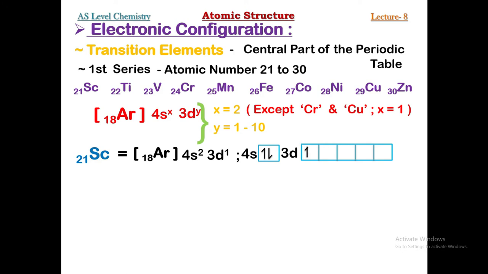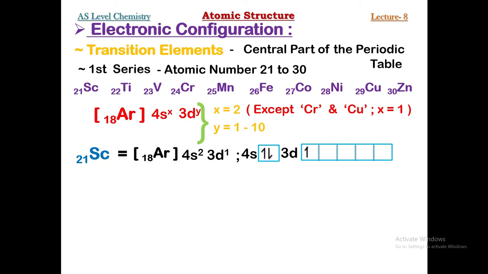Also, if you are asked in the exams to write down the electronic configuration for scandium instead of argon, from where will you start? You will start from 1s, because electronic configuration is always in SPDF notation, and it starts from 1s. So you can write down 1s2, 2s2, 2p6, 3s2, 3p6, 4s2, 3d1. That will be the electronic configuration for scandium in terms of SPDF notation.